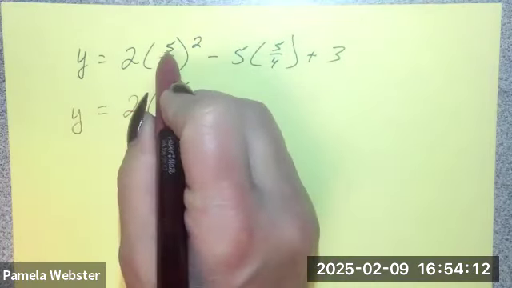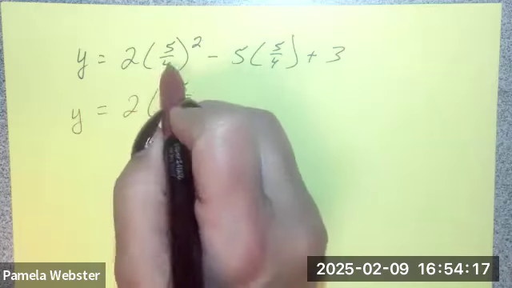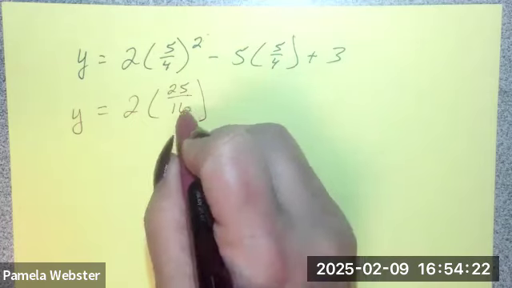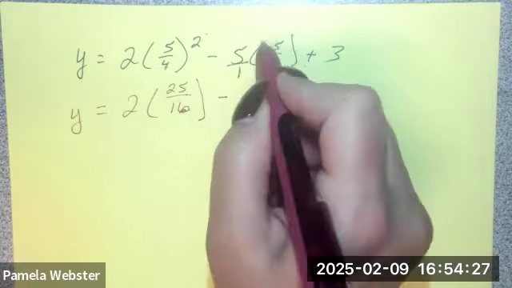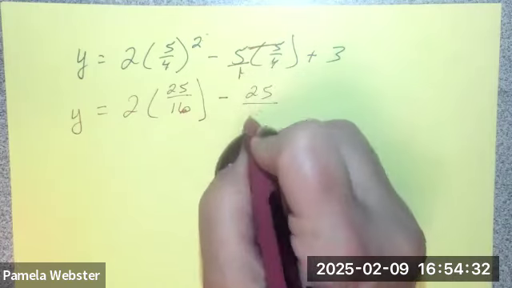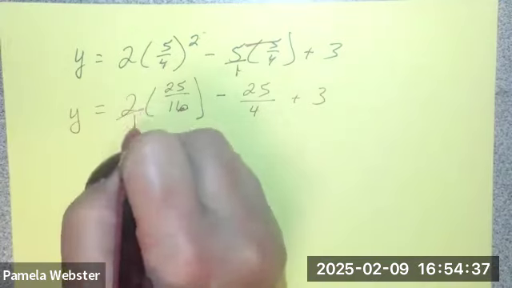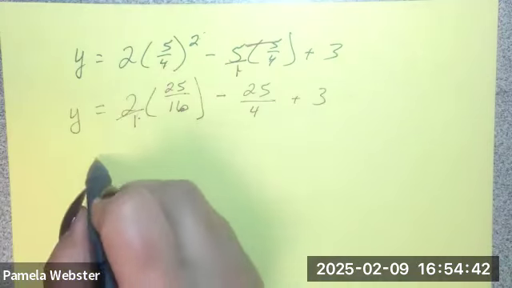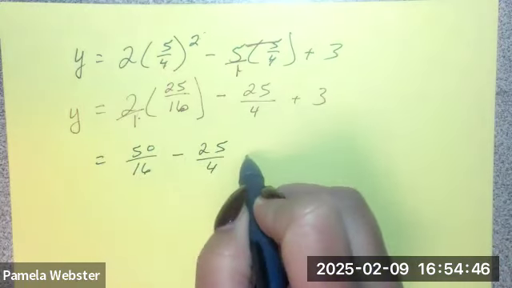All right. So y equals 2 times, square this. Remember, when you're squaring a fraction, square the top: 5 squared is 25. Square the bottom: 4 squared, 4 times 4 is 16. So 25 over 16 minus, and I'm going to put a 1 here so I can go top times top, 5 over 1 times 5 over 4 is 25 over 4, plus a 3. And this 2 can be 2 over 1. So when I multiply that out, I get 50 over 16 minus 25 over 4 plus